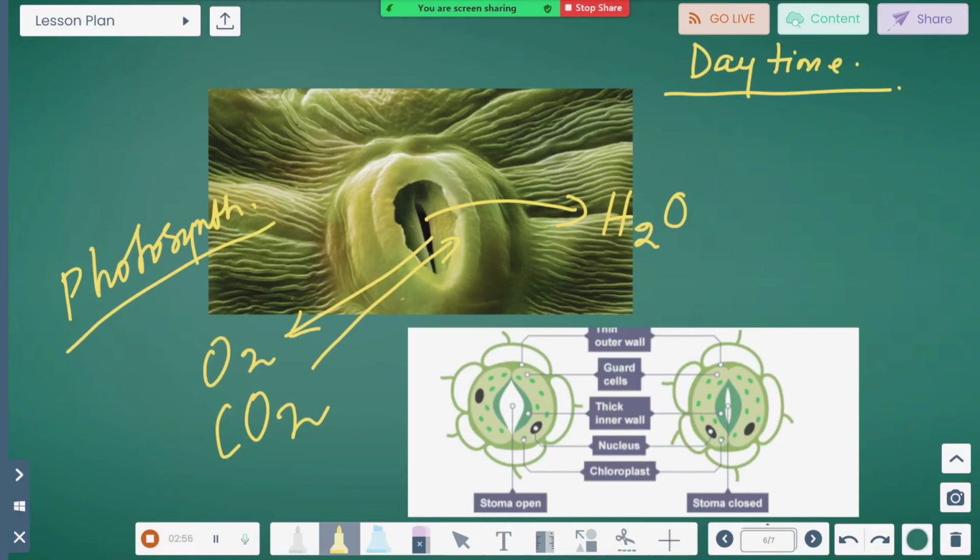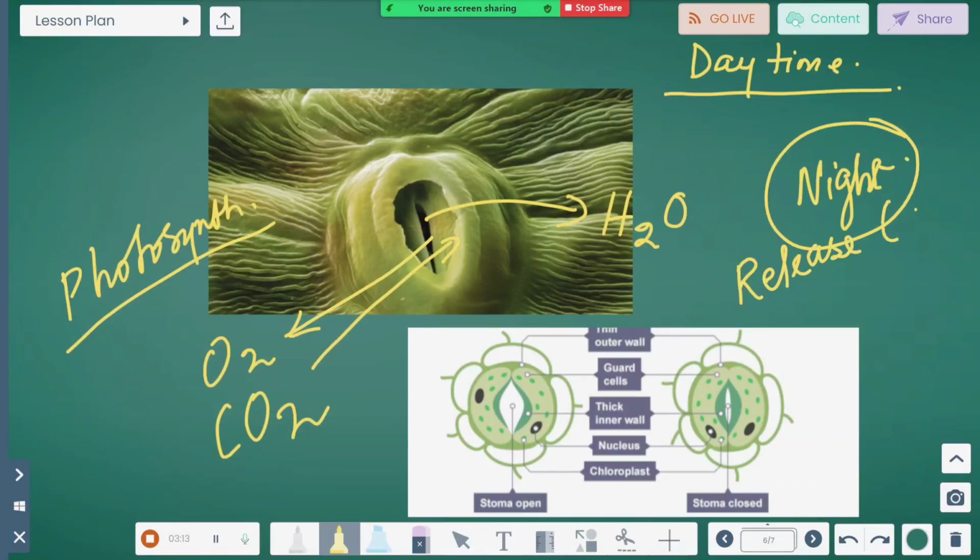So this is during the daytime. In the night time, yes, things might be reversed. Why? Because during night time there won't be any photosynthesis, so there is no chance that oxygen will be removed from the plant. At that time they release carbon dioxide, no doubt. Generally the plants show one type of behavior, that the stomata won't be open at that time. But there are chances that in some plants the stomata might stay open, and if they are open, there will be release of carbon dioxide.